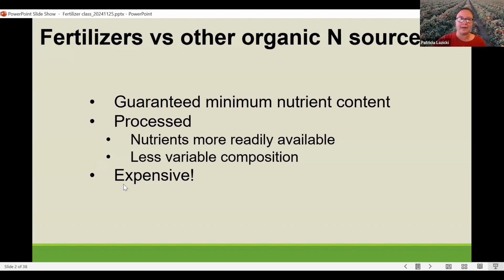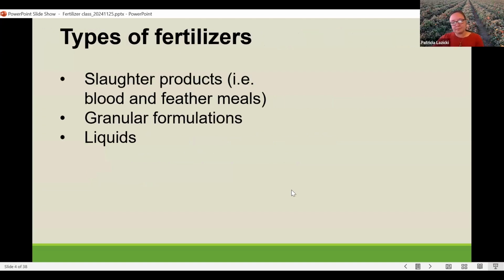So you want to think of fertilizers as materials to use when you need something available quickly, you need it to be more predictable, more homogeneous, and you only need a small targeted amount. I'm going to go through a couple of different classes of fertilizers. Slaughter products, so these are byproducts of animal processing, and most of the nitrogen will be in the form of animal proteins. Granular formulations, so these can be a lot of different feedstocks, all bundled into pellets or granules,